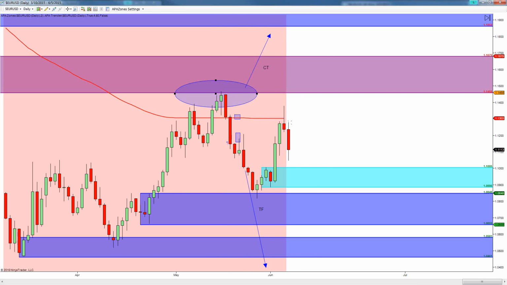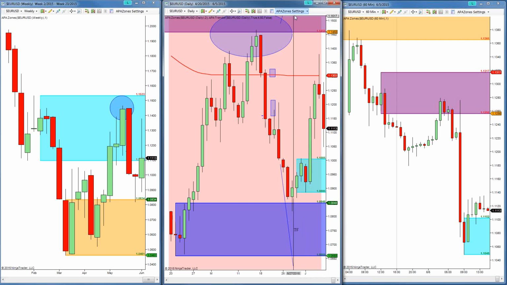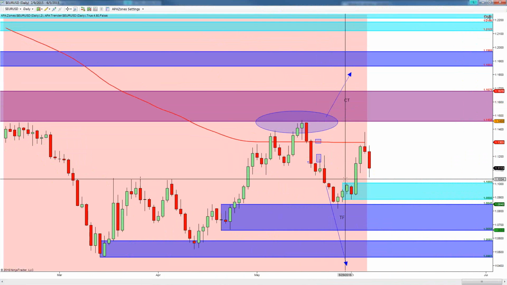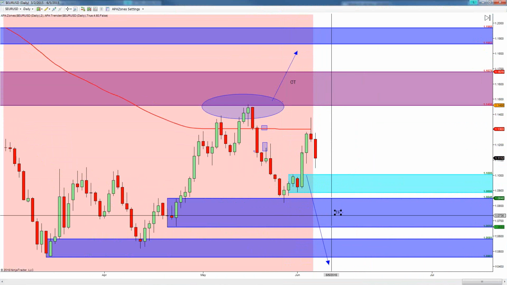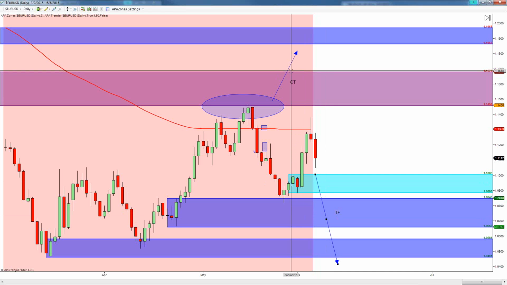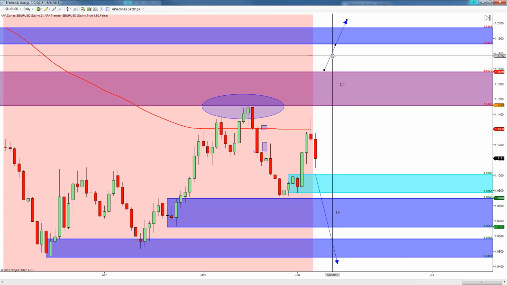So that is what we're still looking at here. Now, we've had price come back up here and retest the highs again. Also on the weekly time frame, it looks like it's just retesting the top of the weekly zone, or I wouldn't say the top, but pretty deeply in there, so it's a good retest. So I think what I'm looking at is the same type of deal we were looking at last week. Trend follow to the downside, counter trend above that point, and probably above this zone up here,